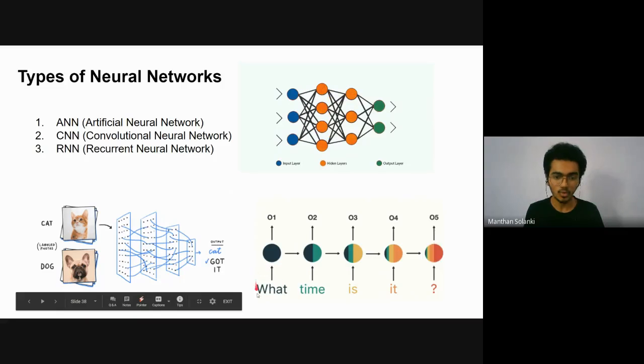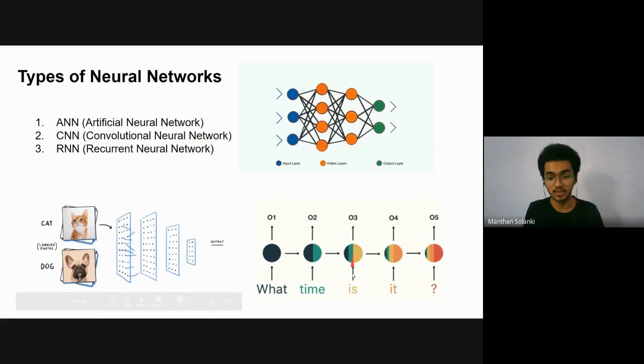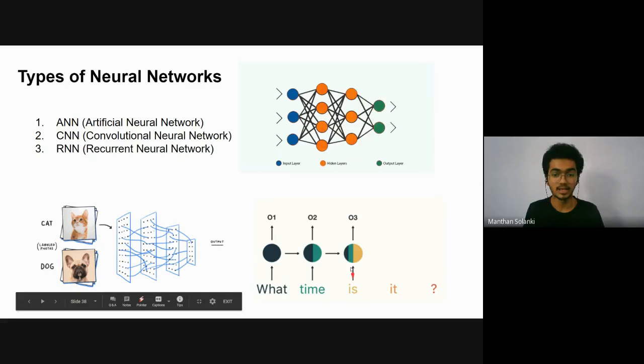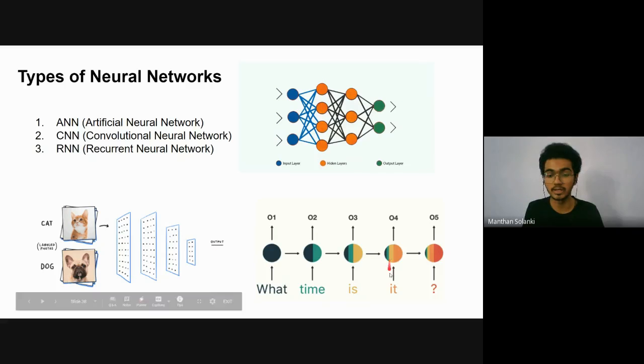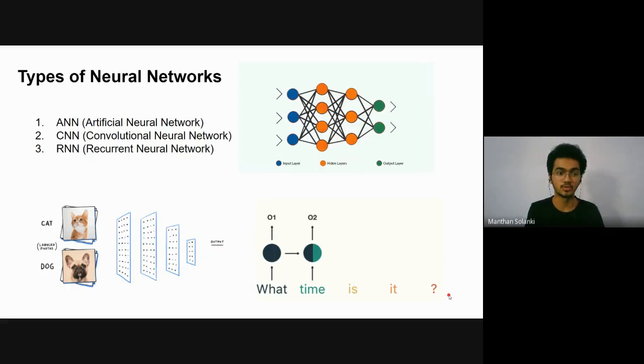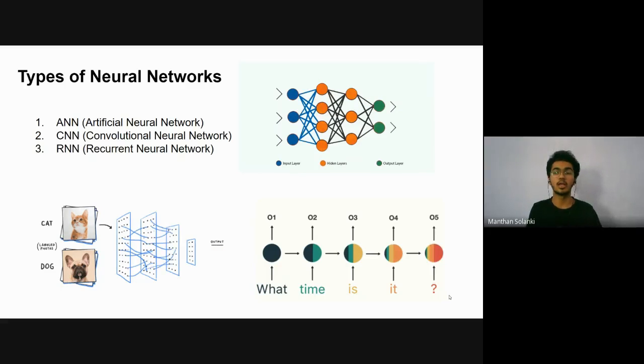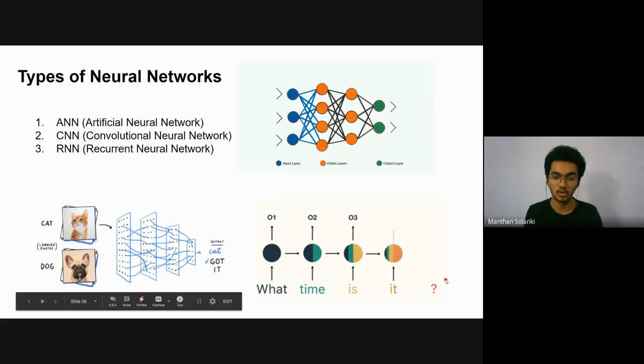What actually happens is the first word is predicted, and based on that the second neuron predicts the value, like the keyword "time". Based on "what" and "time", that will be the input of my third neuron, and this way it generates "is". These three will be input for my fourth neuron, "it is", and then I generate and structure my sentence. So this is how a recurrent neural network works. And the other versions of recurrent neural networks, like long short-term memory units (LSTMs) and other hybrid units, are useful for different tasks.